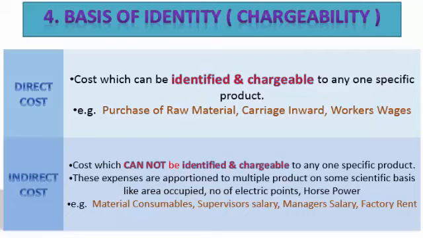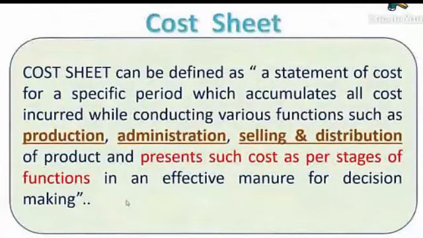Now a few more examples, like factory rent. Factory rent is paid for the factory as a whole. If you are manufacturing 5 different types of finished goods, you cannot say that factory cost is incurred only for any one specific product. Here also apportionment is required. So proper apportionment is to be done and distributed among the 5 different products. Now these costs for every product are called indirect costs. These are indirectly incurred for them, and later on charged to that product. Now these are the main 4 classifications we wanted to study.